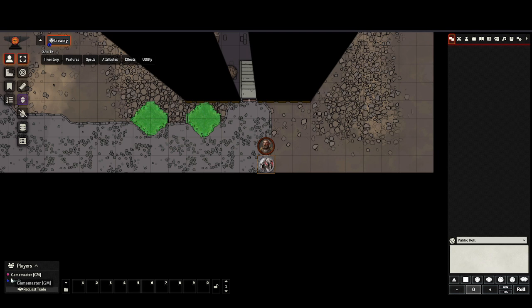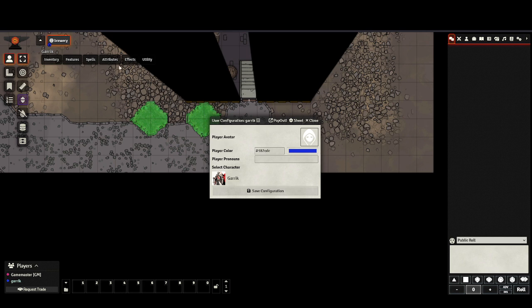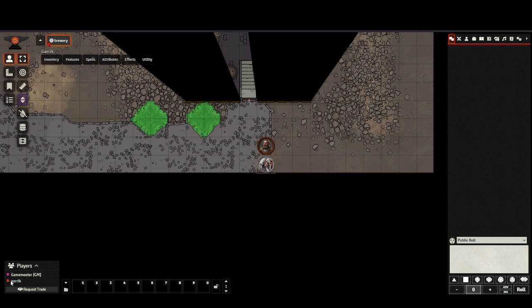Now, if there are two people in here that are blue and you want to change it, just right click on your character, use configuration, and change to a different color. Okay, there you go. It's red. All right, first thing I want to show you guys is